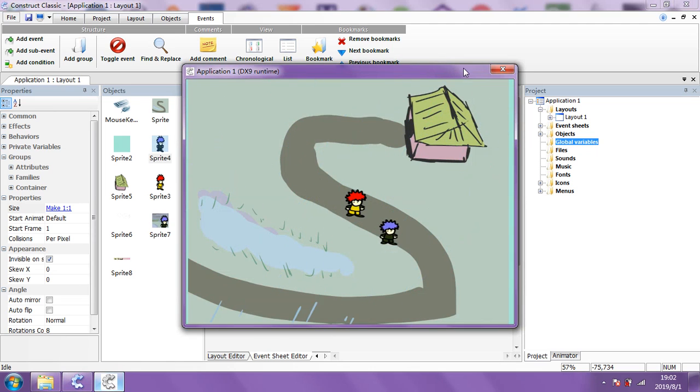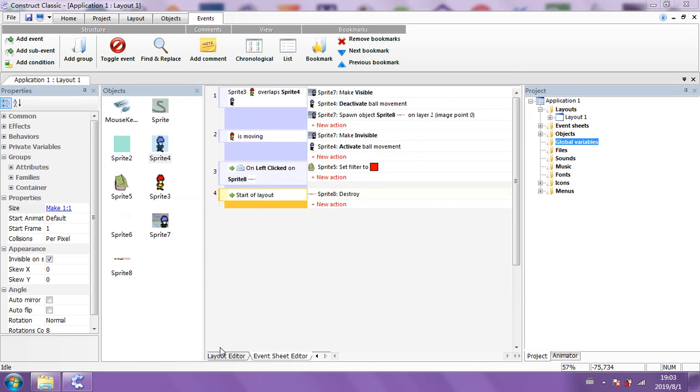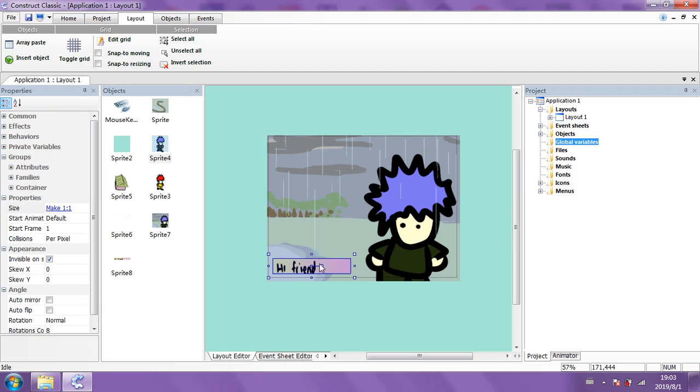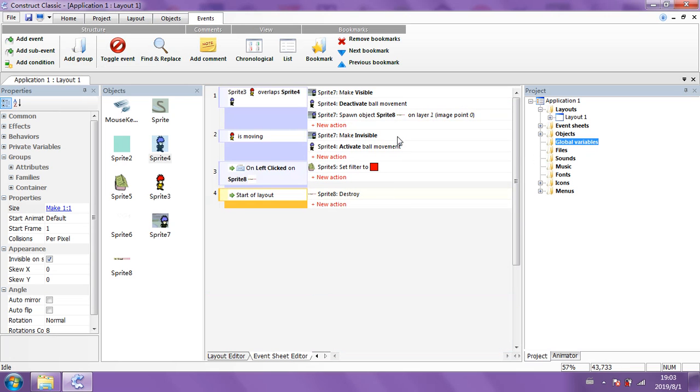When I click on those words, it should come into being. It should be somewhere on the screen, right? But it was destroyed. So we need to know how to bring that into instance rather than spawn object. Spawn object is the thing we want to do. Image point 0. What's that supposed to mean? If I put image point 1, what's that going to be?